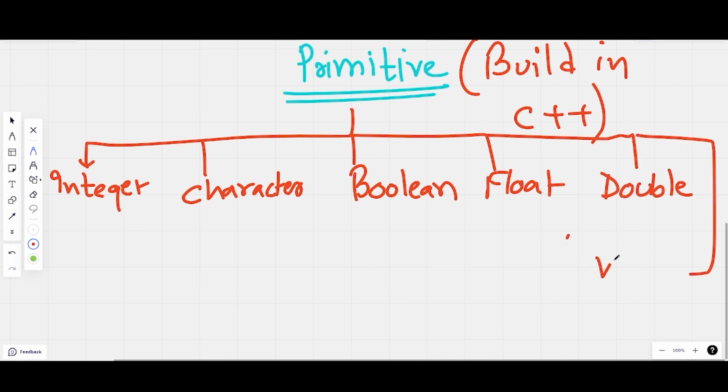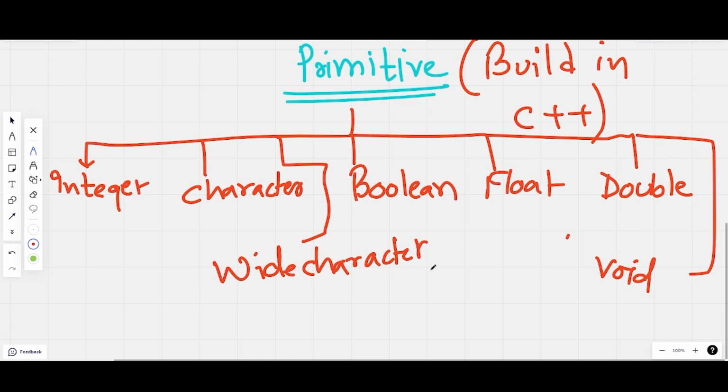We have then void. And last, one more, which I will write here in the center, called wide character. Now, all these seven kinds of data types are the primitive data types found in C++, extremely important and very, very useful.